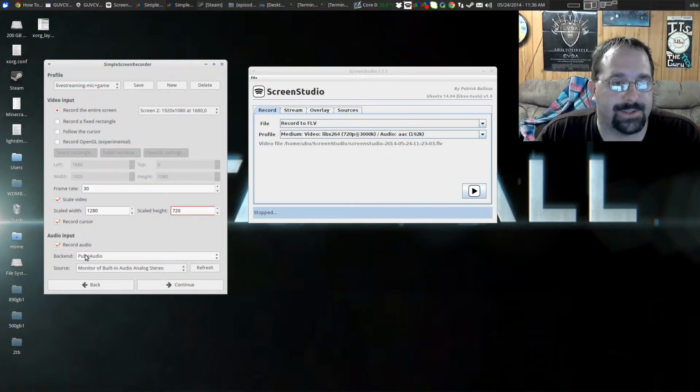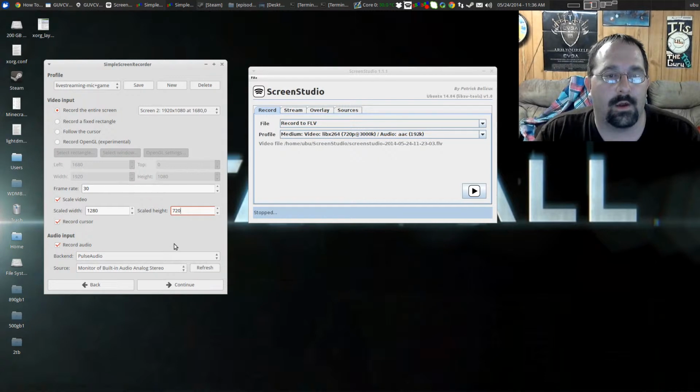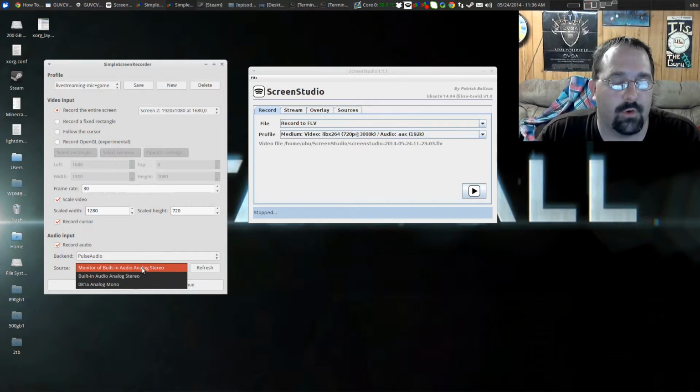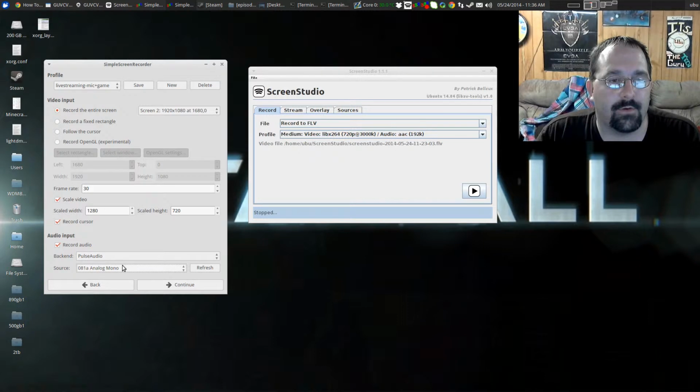And using Pulse Audio, I've set up a script that would allow me to capture the game audio as well as my microphone audio. Right now I can either record the internal audio, which would be the game, or the microphone, which is my webcam. So it's either or, but if I run a script that I've set up,